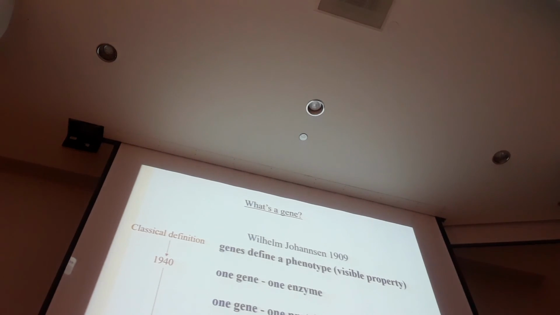Okay. So, strictly speaking, when Watson and Crick actually tried to elucidate the structure of DNA, they didn't even know for sure that it would actually carry genetic information. Okay, so that's something you may want to keep in mind. In the 1940s, however, then a lot of experiments were performed, and